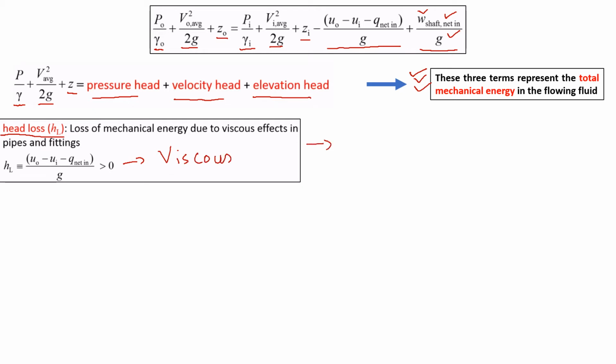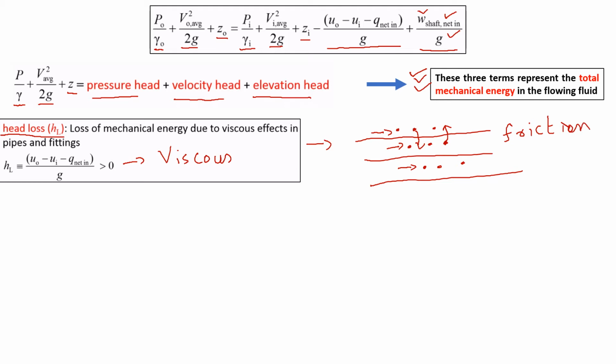So we had a discussion on viscosity. If we define viscosity, why does viscosity occur? If there are three layers of fluid, and in the first layer the fluid is moving a bit faster than in the second layer, and in the third layer even slower, then due to these different velocities in these layers, if a particle of high momentum goes into the layer of low momentum, what will happen? It will lose energy. And if a low momentum particle goes into the high momentum stream, then it will gain energy. So due to these interactions,